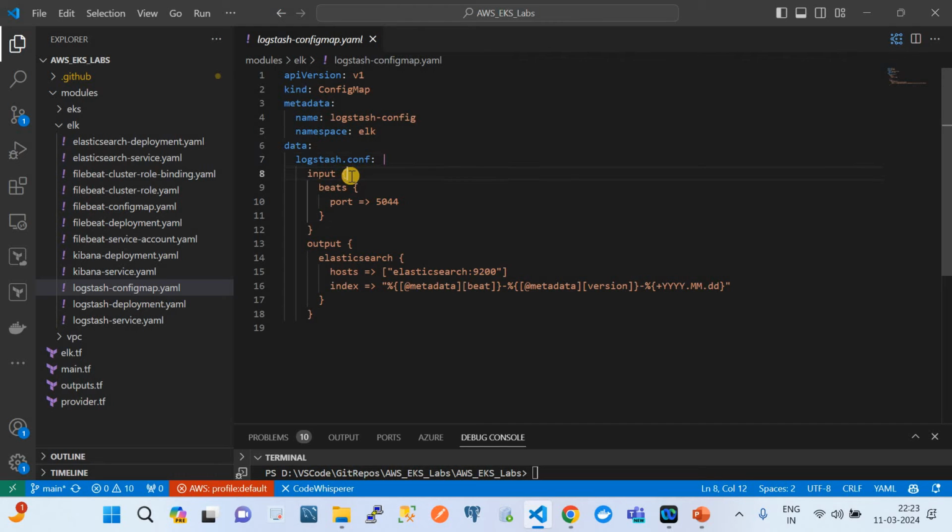So here, the input will be heard from the Beat application. You see that Beats is the Beat application on port number 5044, and the output is basically acting, as I said, as a pipeline between the source and destination. Here the source is the Beats, and the final destination is Elasticsearch. In the Elasticsearch output, you see that the host is available on this particular